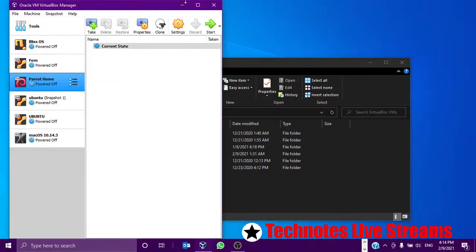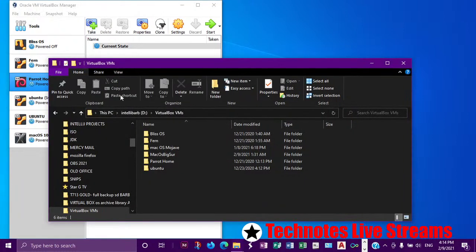Start fresh. So how will we do that? How do we get Bliss, Fern, Parrot, Ubuntu? We'll save opening Big Sur for another day, because honestly, Big Sur is not all that,